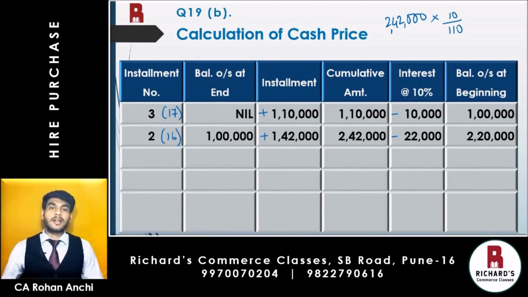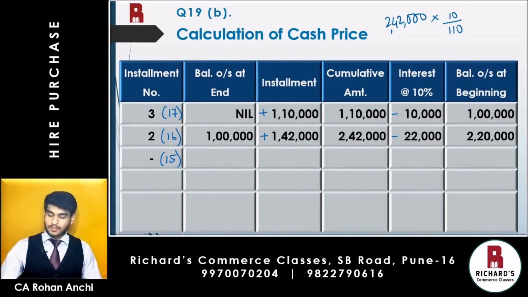However, installment number 1 and installment number 2 has a gap of 2 years in between. So therefore, after installment number 2, there is no installment number 1 directly. There is a gap of 1 year, and that year is 2015, wherein no installment was paid. However, even though installment is not paid, interest will still be calculated in that year.